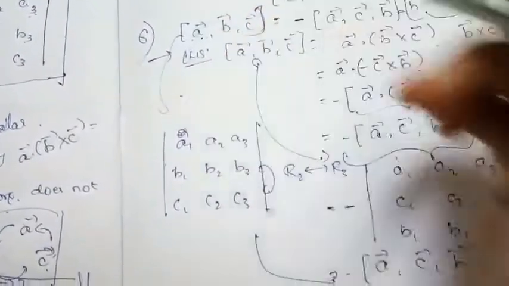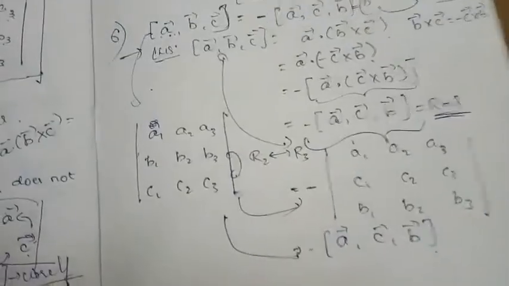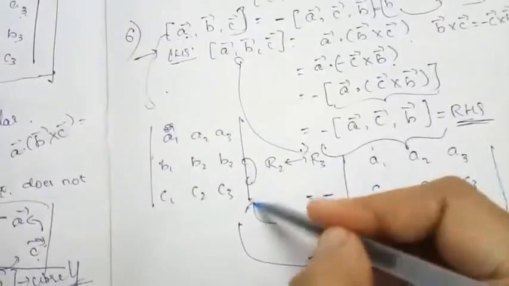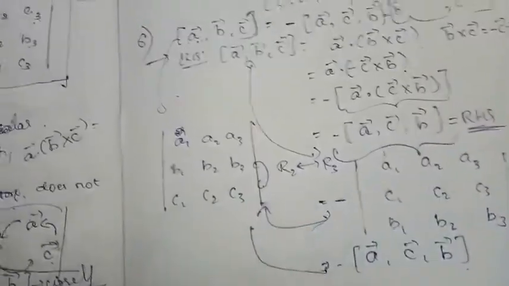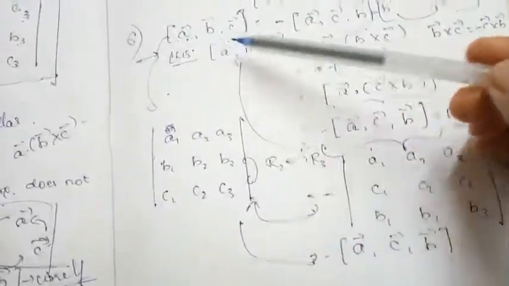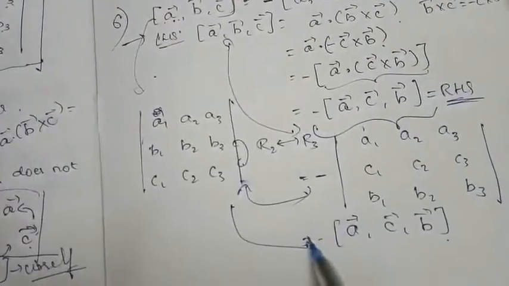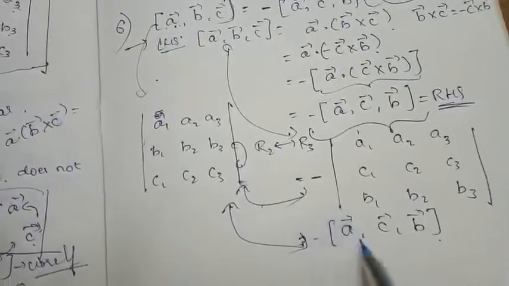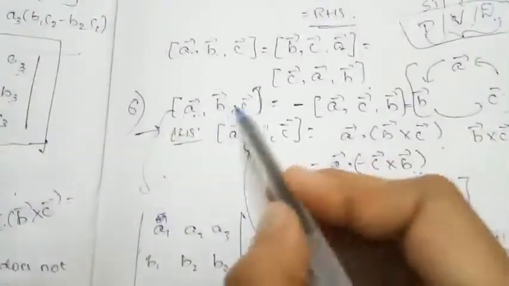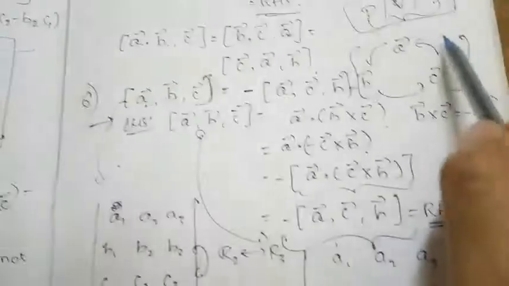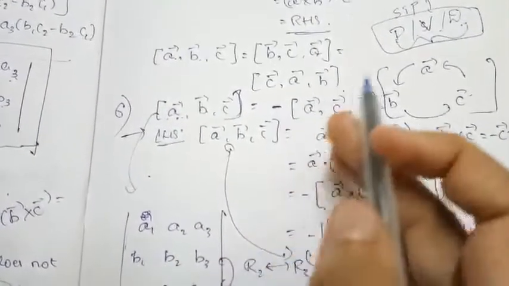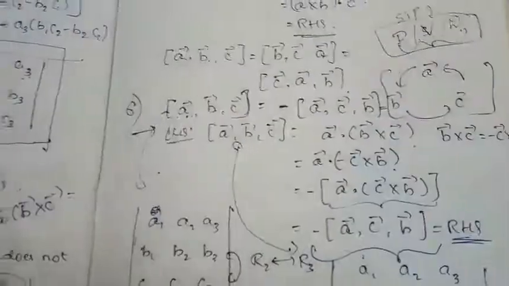So just link the scalar triple product to the determinant. The concept is even easier to understand this way, because this is something you have already learnt before. This is how I linked the scalar triple product concept to the determinant and understood property 6. This is what property 6 is saying: if you change it randomly without considering the cyclic permutation, then the value of the determinant, or the value of the scalar triple product, is going to change with a negative sign.